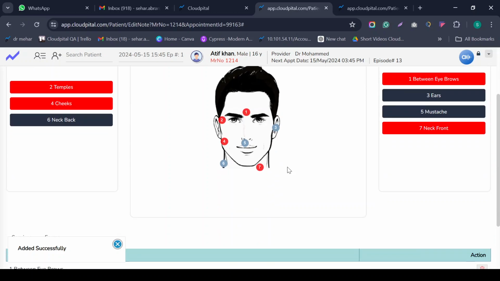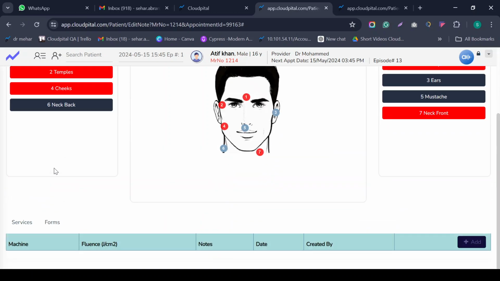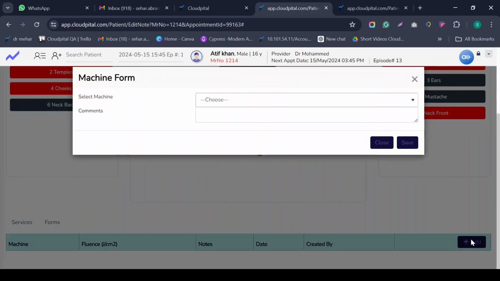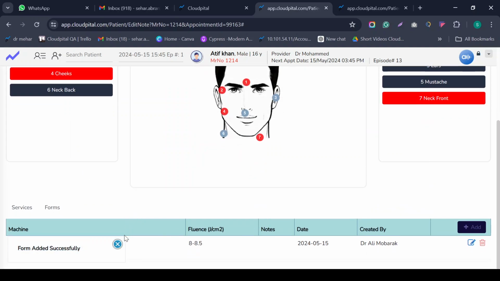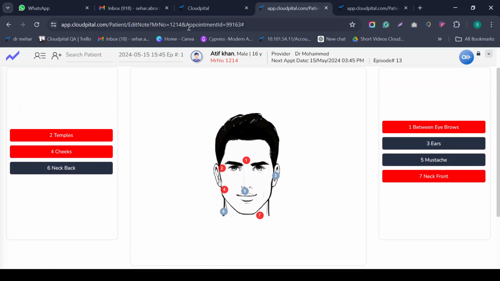After adding the data, we also have machine forms, a category with different types of machine forms in our system. We have different types of machines like Splendor X, Splendor Deploy, Gentle Laser Pro, and Domino Pro. We can set all of the data into our machines and set their values, and the system will show it according to the corresponding values. So we can also set our machines according to the laser requirements. These are all of the laser machine formats, like machine name, machine influences, their node values, their date, and which user will be created, as the machine categories as well. So this is the machine form categories.